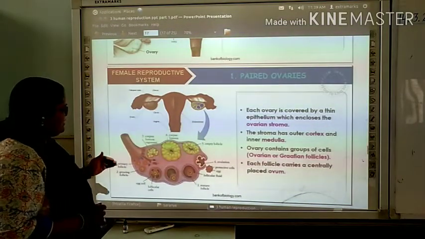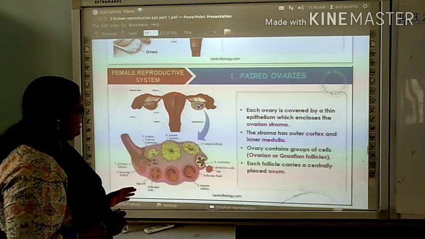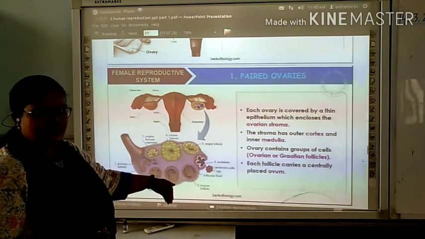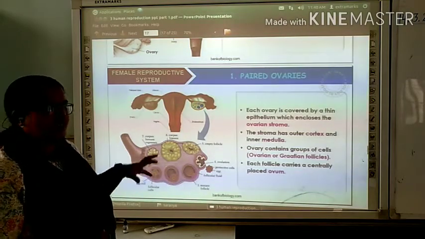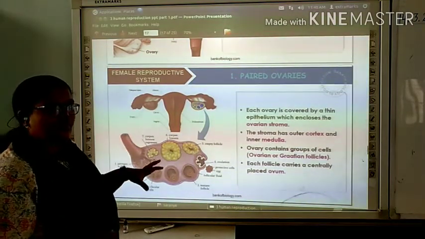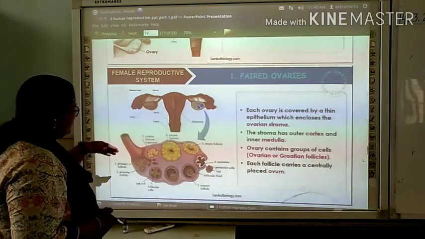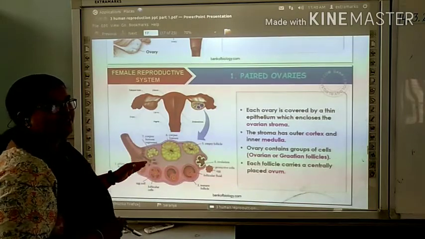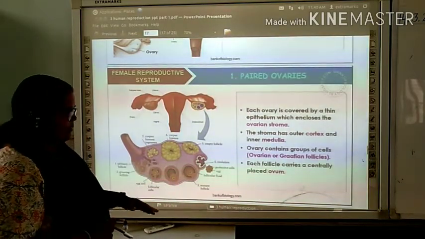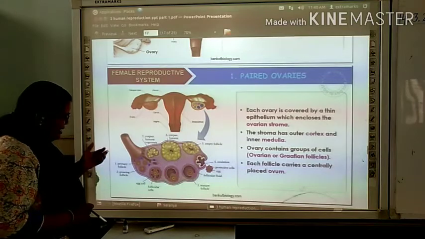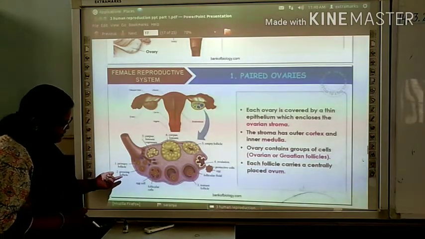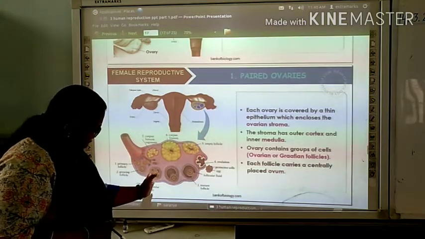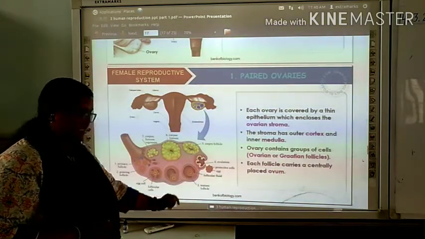If you check the inner structure of an ovary, in a section you can see a group of cells called the ovarian follicles, or the Graafian follicles. You can see that these all are ovarian follicles in different stages of their development. There is a primary follicle first, then a growing follicle, which you can see slowly growing, right. So they are all going to mature. This stage is the mature follicle.